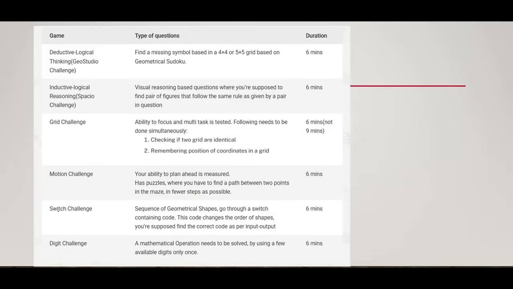सबसे पहले इसको समझते हैं इसमें कैसे चैलेंजेस आते हैं। तो यहाँ पर जो ड्यूरेशन आप देख सकते हो, 6 मिनट्स की ड्यूरेशन है। विजुअल रीजनिंग बेस्ड क्वेश्चन यहाँ पर पूछे जाते हैं, where you are supposed to find the pair of figures that follows the same rule as given by in question. सीधी सीधी बात है कि यहाँ पर इन क्वेश्चंस में आपको कुछ फिगर्स प्रोवाइड कराए जाएंगे और उन फिगर्स को आपको बेसिकली एनालाइज करना है।